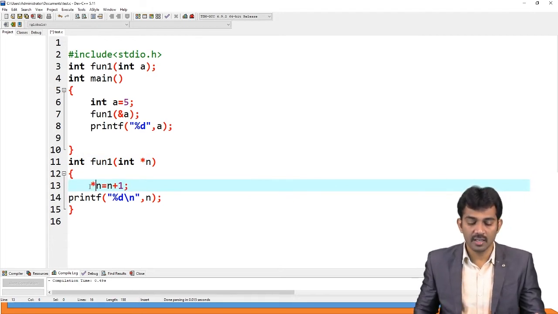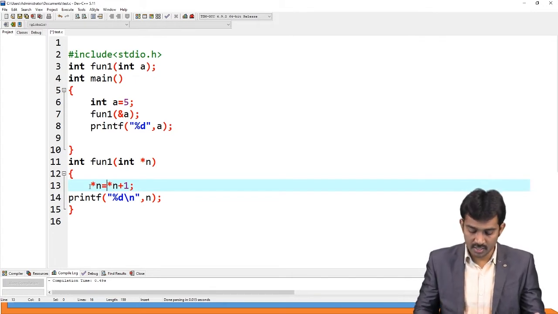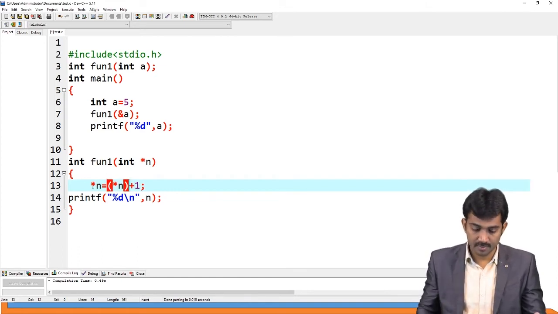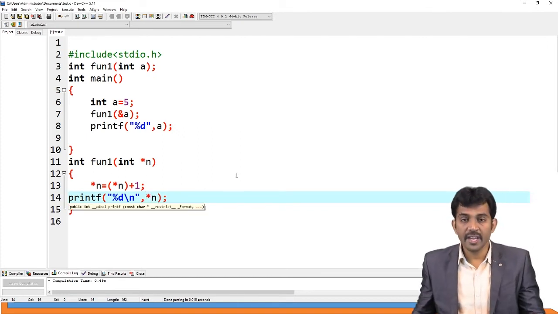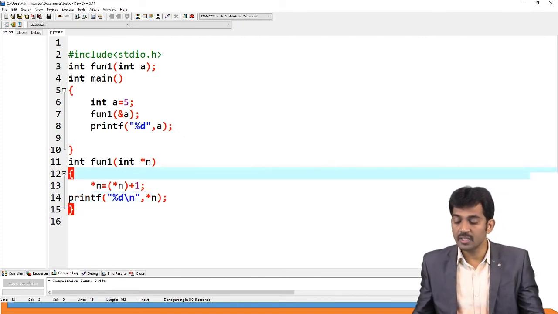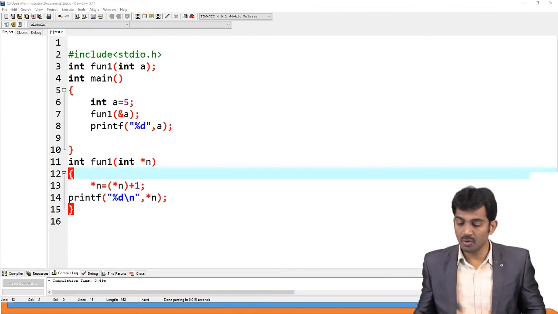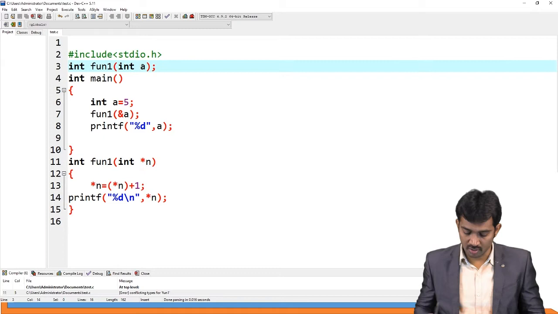Star n equal to star n plus 1. Here you should use star n. Why should you use star? Star means it represents the pointer variable. See, if you run this code, yes, it is also star.